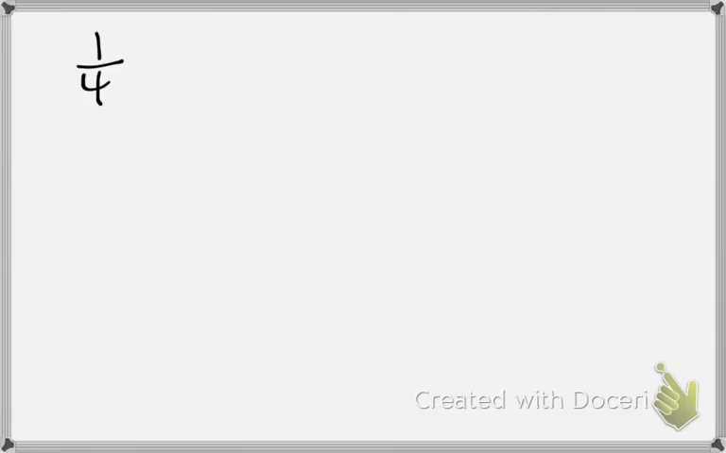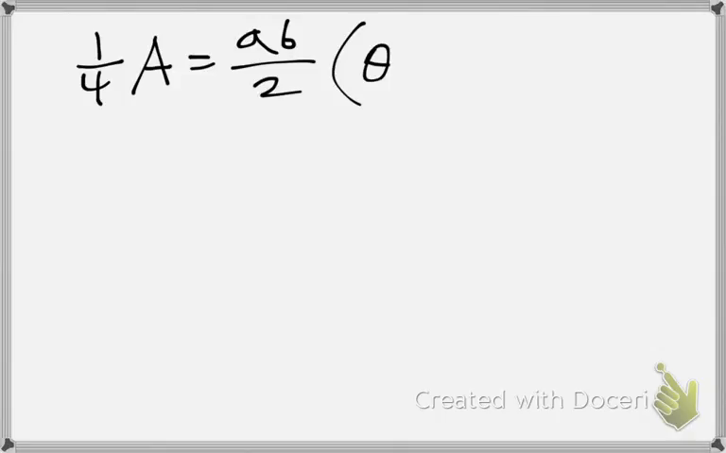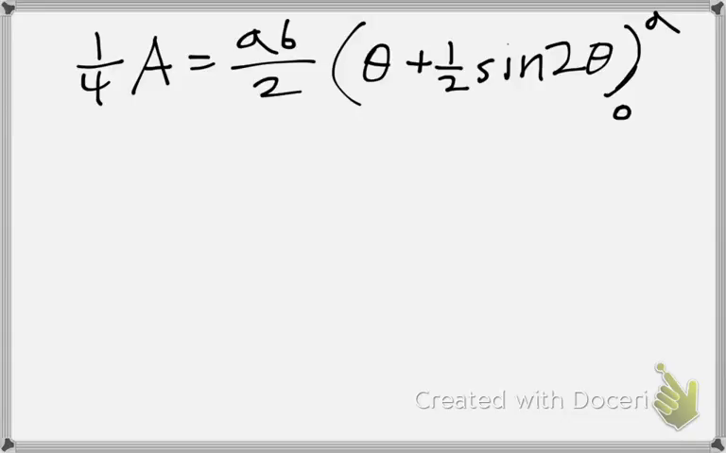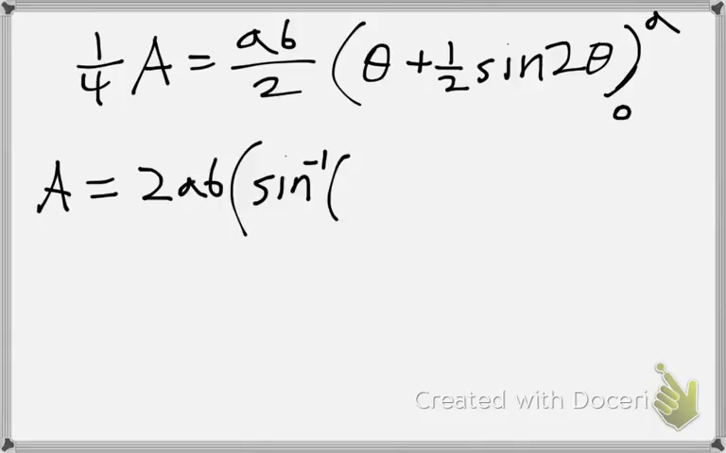So 1/4 of the area is equal to ab over 2 of theta plus 1/2 sine 2 theta from 0 to a. Now we'll plug in some values, and we're also going to change it to being the whole area, so it's 2ab of arc sine x over a plus